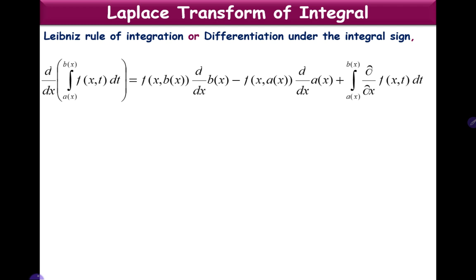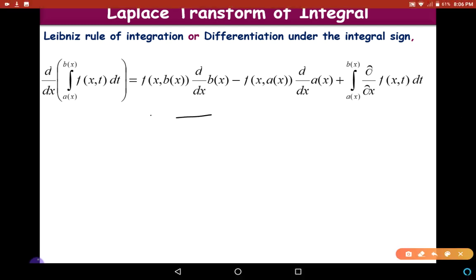Previously also we used Leibniz's rule, but there the limits are constant. Because the limits are constant, the first two terms became 0 and we have taken the derivative inside the integral as a partial derivative. So only this term remained, because in that case the limits a of x and b of x are constant. So the derivative of a of x and derivative of b of x became 0. So these two terms became 0 and we have only this term. But in this case the limits are not constant because the limits are 0 to t. So